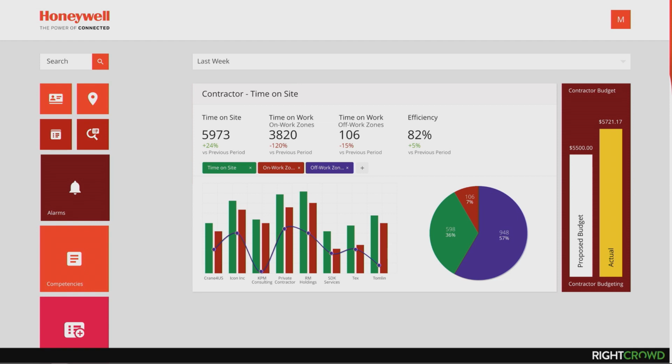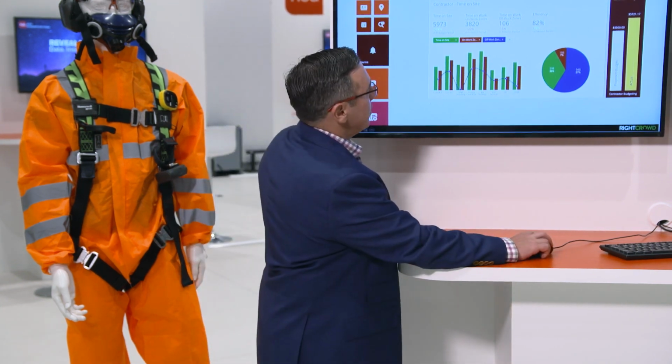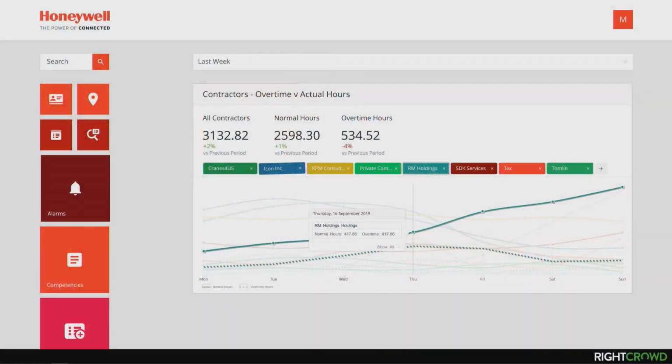So what it then allows me to see, from a budgeting perspective, is that I can start to do things like my planned versus actual, which is really important from an operational perspective at the shift level. Similarly, what it allows me to do, and this is where the value proposition, I guess, comes in at two levels, because I'm managing the contingent workforce, the contractor workforce, I've actually got complete control now around the qualifications of my subcontractors, but more importantly, now I can get some analysis around how long contractors have been on site, and